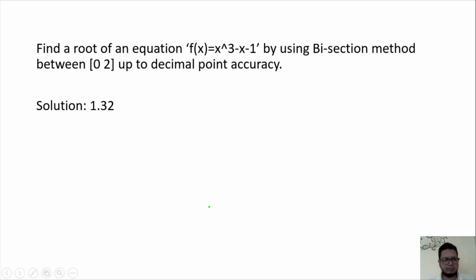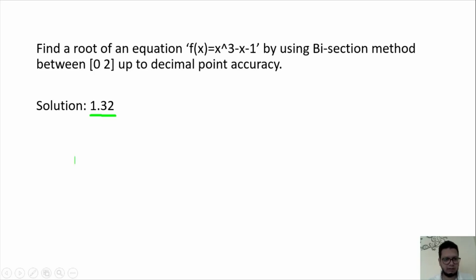If you see my lectures on numerical methods, in the bisection method lecture, I have solved the same problem using the bisection method. After some iterations, I got the solution 1.32. So in MATLAB, the function we will use to solve this equation is the fzero